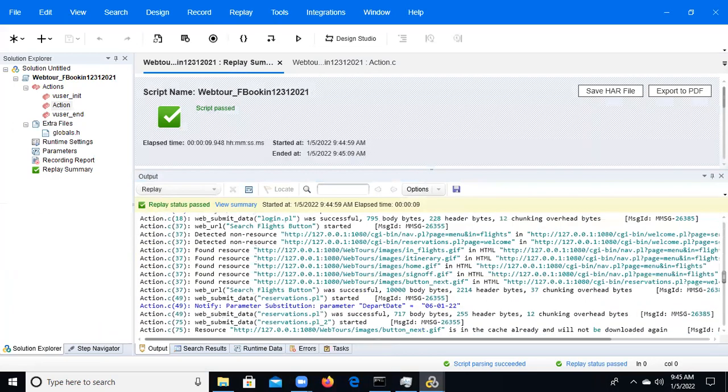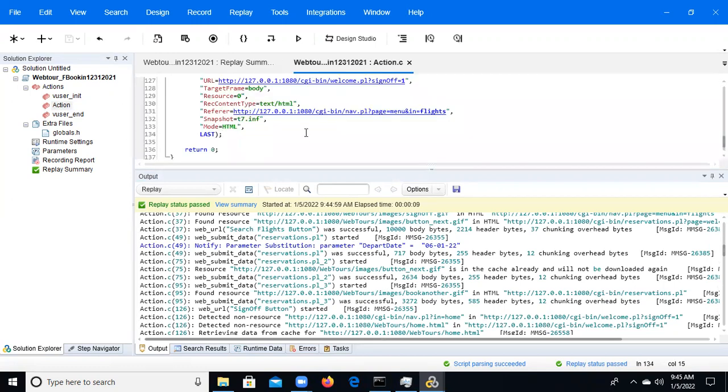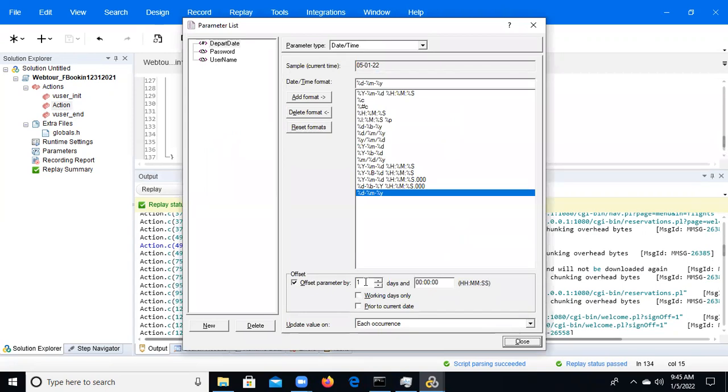See, you can observe here for each iteration. Now which date came? Future date. Okay. When we go here in Control L, if you give 1 it will be current date plus 1. If you give 2, current date plus 2. So based on your requirement you can select that.